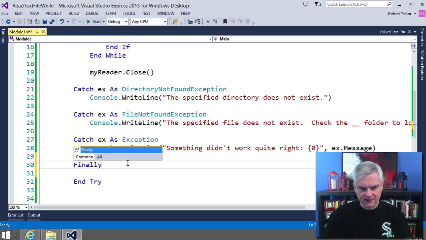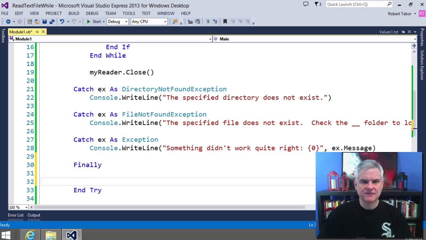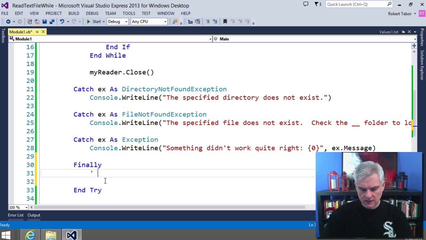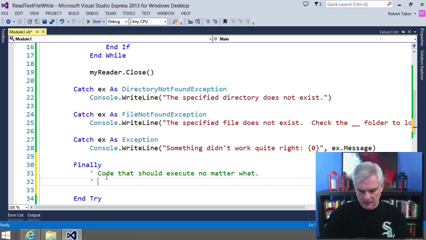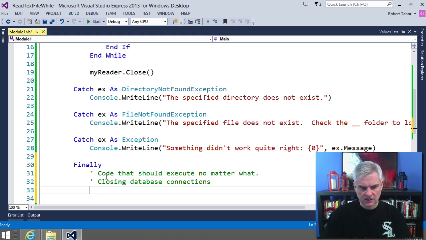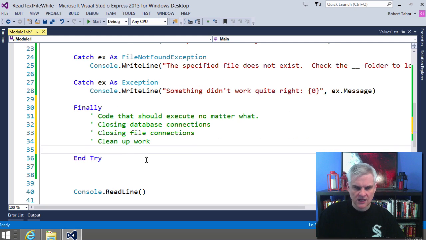Okay? Well, there's one last thing that I want to point out about the try-catch block, and it's this finally block that we can add at the very end. Typically what you use this for is code that should execute no matter what. Typically you would put here things like closing database connections, closing file connections,